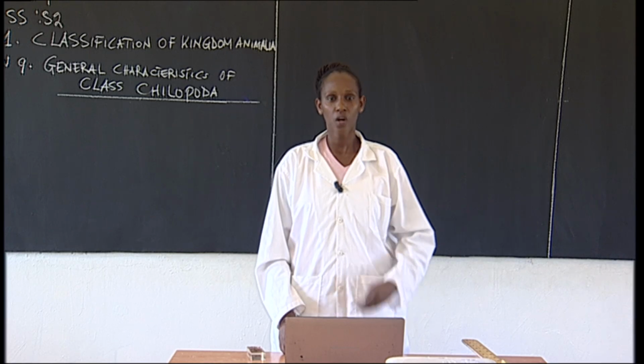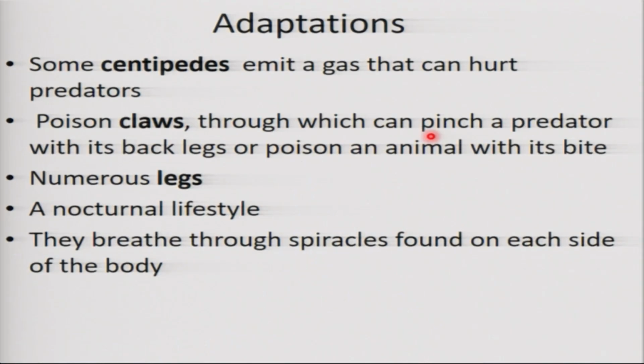Everybody should have certain things that will enable him or her to fit in a location or habitat where you are found. Even this one, the same case. To fit where they live, there are features or adaptations, a way they live their life so that they fit in. Hope that is clear. So what do they have that enables them to live successfully in their habitat? This is what we're going to look at.